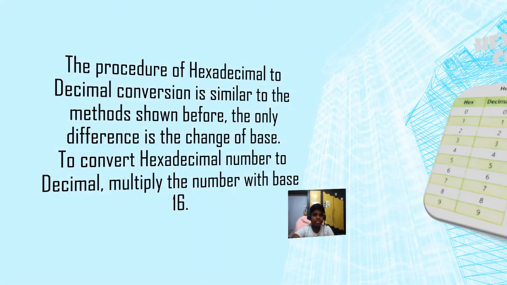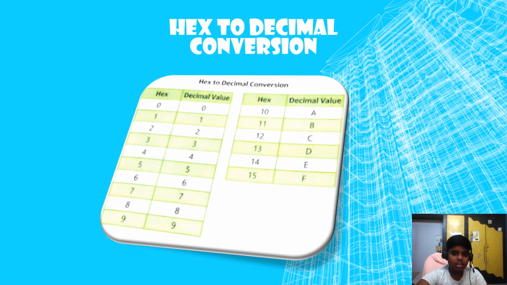So hexadecimal conversion, this is. So I said, right, this is equal to this. So 0 we'll represent with 0, 1 with 1, 2 with 2, 3 with 3. So till 9 it's all the same. But from 10 to 15 it's different. 10 we'll represent with A, 11 with B, 12 with C, 13 with D, 14 with E, 15 with F. So now you want to write a number.